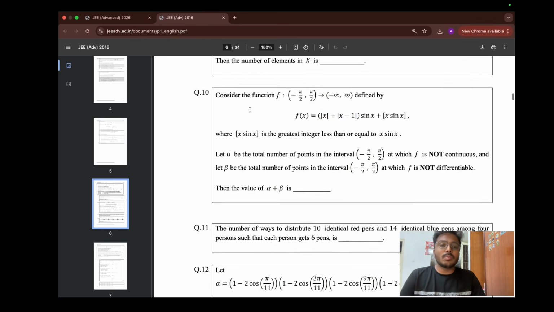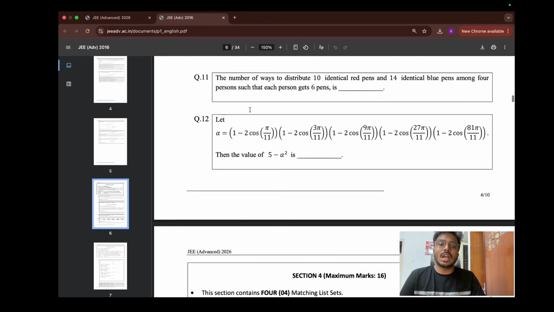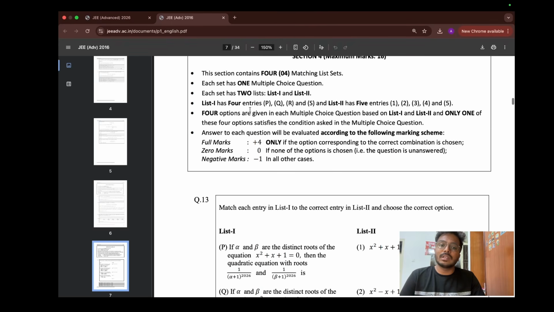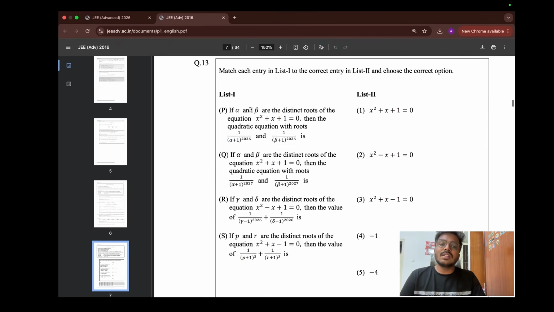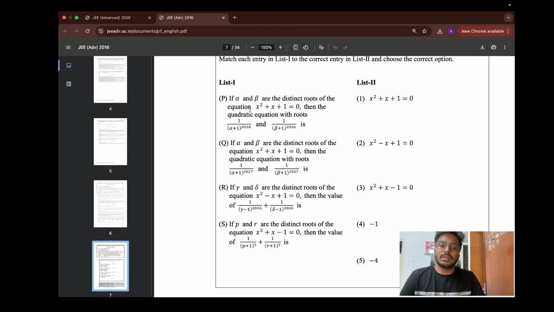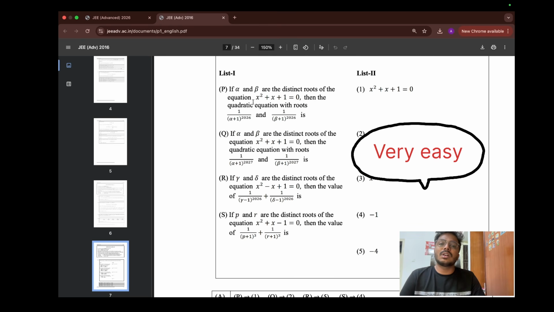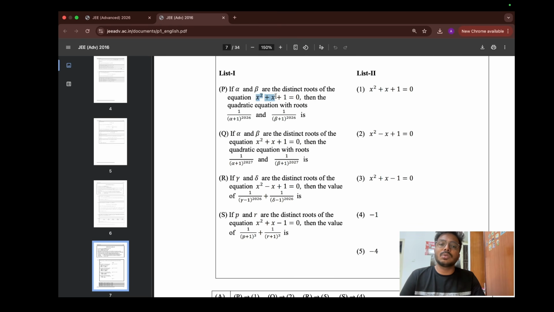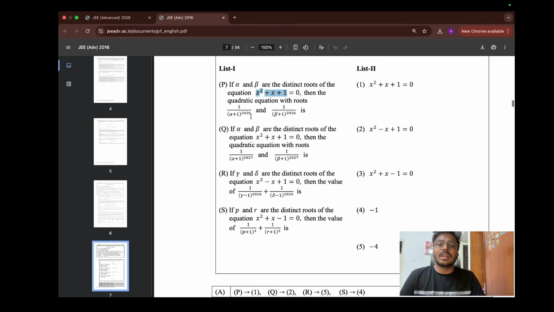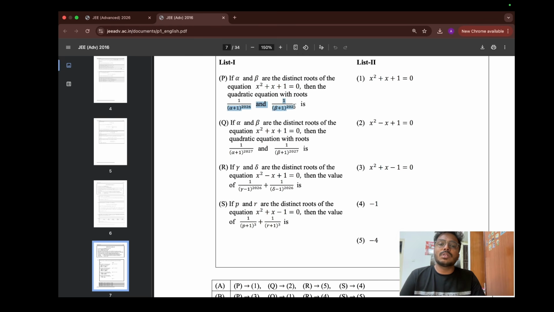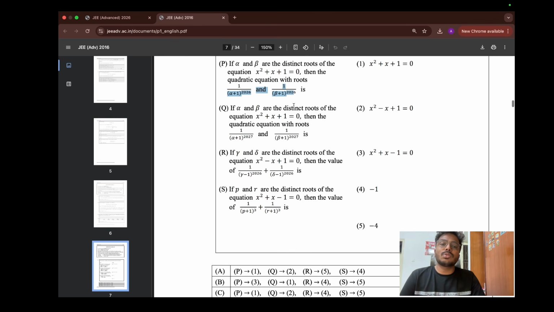And that's all for the numerical value type section. And now moving forward, we have the matching type questions, and the matching type questions are pretty straightforward here. So this is from basic quadratic equations. So the roots of this quadratic equation are omega and omega square, alright, and you just have to plug in those values here and compute. You just have to know the